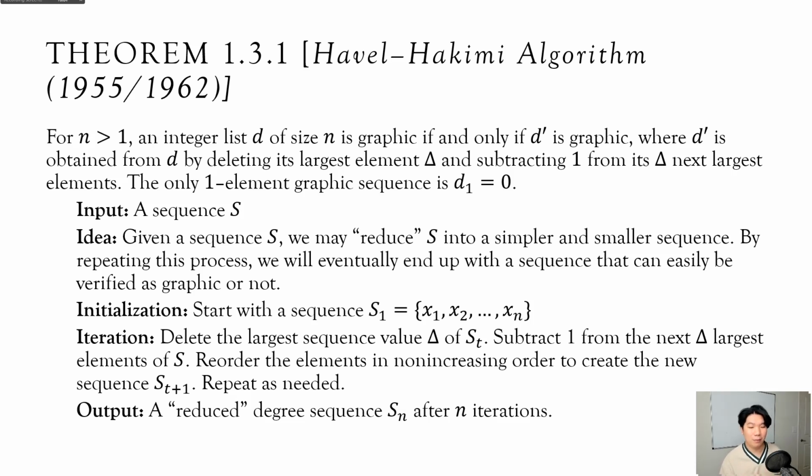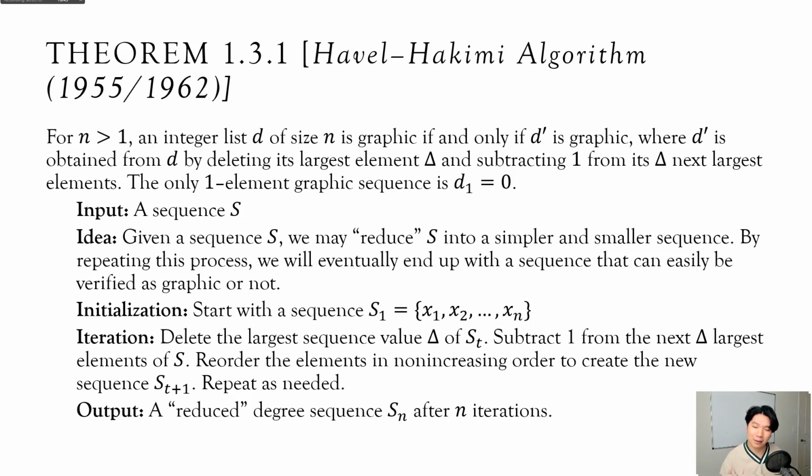Let's continue this formal view of it, and then we're going to do an example. Whenever we see this example, we're going to see that even though this is a very wordy algorithm, it's not too involved for us. As I mentioned, we have an input that is a sequence, some list of numbers. With this algorithm, I can, quote unquote, reduce that sequence into a smaller sequence, and then repeat that over and over again until I get something that I can easily verify